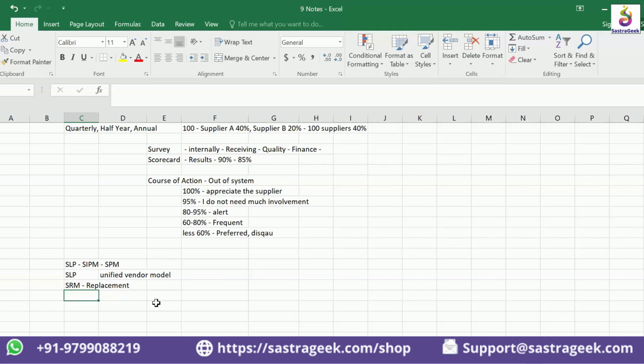It's called SLP. Even now, I can call this supplier management only. The names will keep on changing by Ariba. So earlier it is called